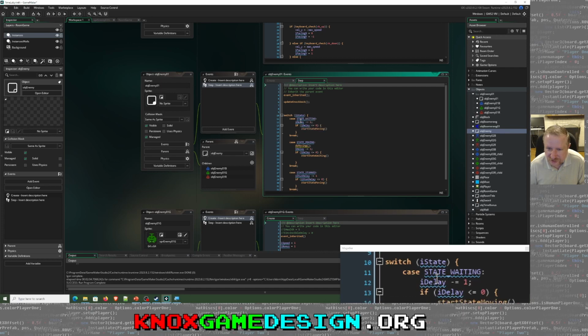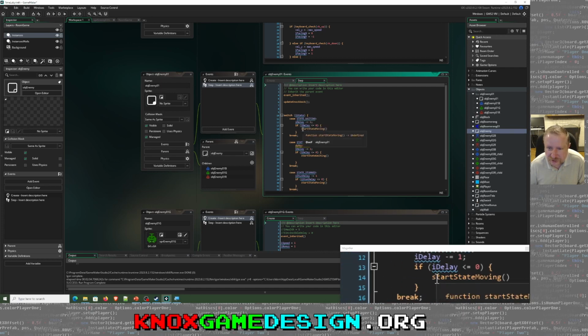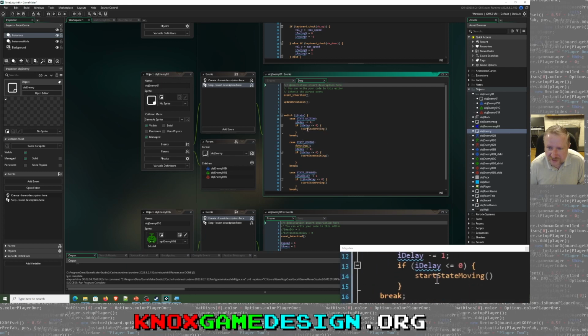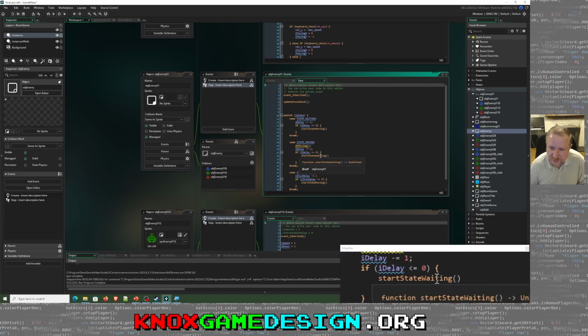So it's going to switch on the state. If it's in state waiting, then we're going to subtract from the delay. Then after the delay gets to 0, we're going to start state moving. That moves it into the moving state. If it's in the moving state, we're going to do moving, then we're going to subtract off the delay. Once the delay gets down to 0, then we're going to go into the